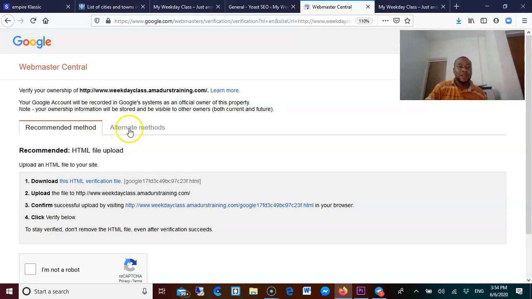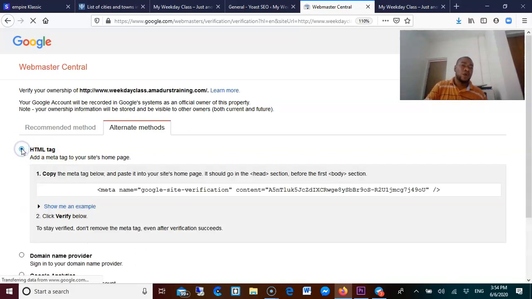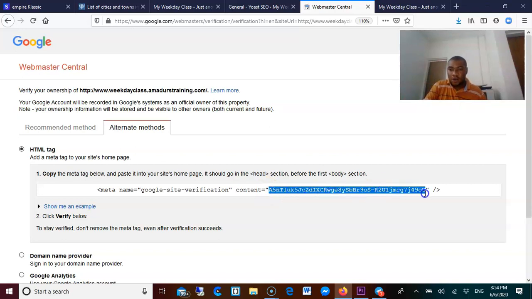So the best thing I always advise people to go for is the alternative. The alternative also has about 4 options there. 3 of them are also very tedious, but I advise you to choose the first one. Instead of choosing this or this, go for what? The first one, then you just immediately see the code. Now make sure in between what? You go and copy also. But unfortunately, if you try to leave it, it will also pack everything. So don't worry, copy it, take it to your site,